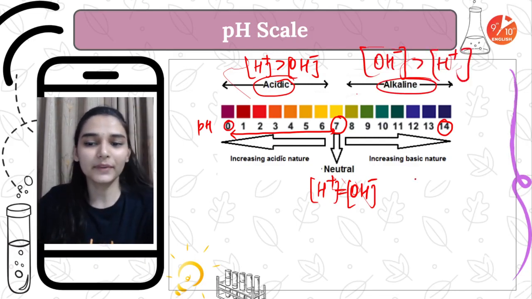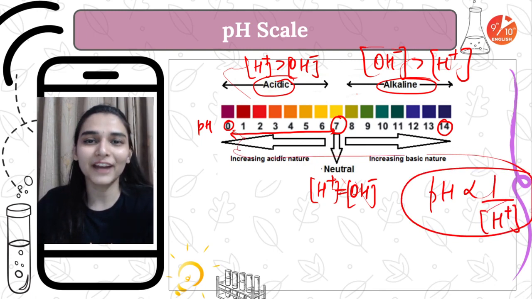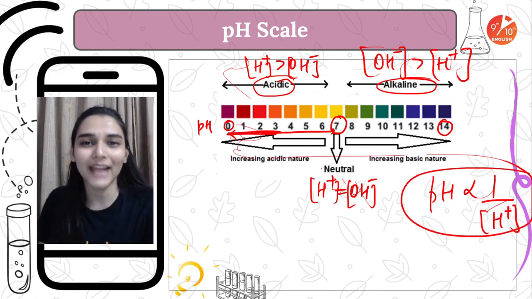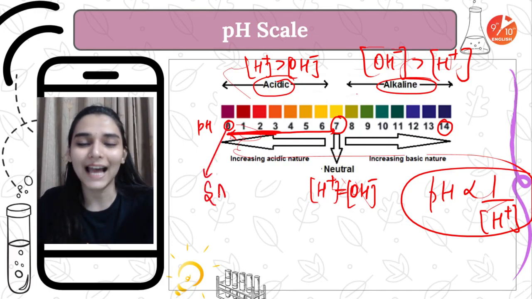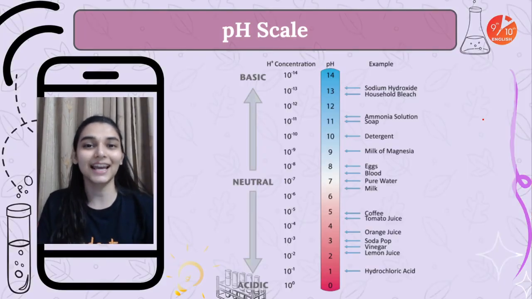So you can remember this relation. pH is inversely proportional to H plus ion concentration. So that is also justified here. देखो, at low pH values you are having the strong acids. ठीक है, so pH 0 पर तो strongest acid exist करेगा, and at higher pH OH ion का concentration is more. So around pH 14 strongest base will be existing. ठीक है, आसान है ना.